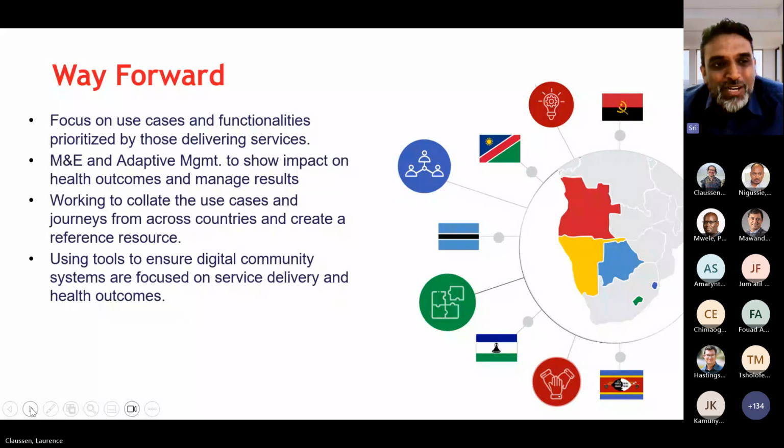And I think one of the things we're trying to do across our region is constantly look for how we engage in these learning opportunities. One other idea that we're working on at the moment is to gather up the requirements that all the different countries are developing and collate them into a common resource, which could then be used by each country